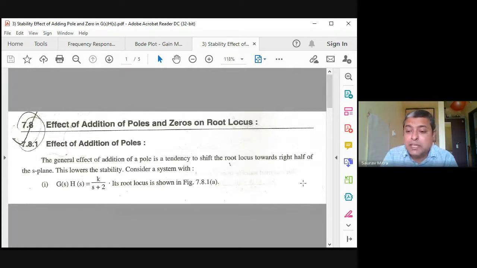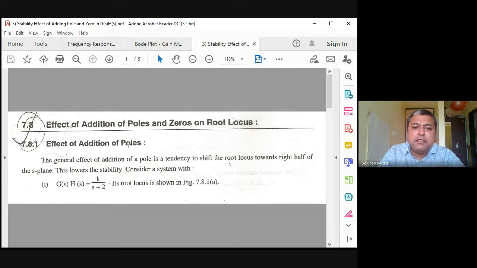So from a single pole system like k by s plus 2, I had gone to a 4 pole system, and then I kept on inserting zeros, and I brought back the root locus which had actually gone into the right side of the s plane. By inserting zeros, I brought it back again to the left hand side of the s plane. So the whole thing you have to write in your own language after plotting the 8 graphs. After every graph you have to say how the stability is increasing or decreasing depending on inserting poles and zeros. I have prepared a document, a kind of 5-page document.